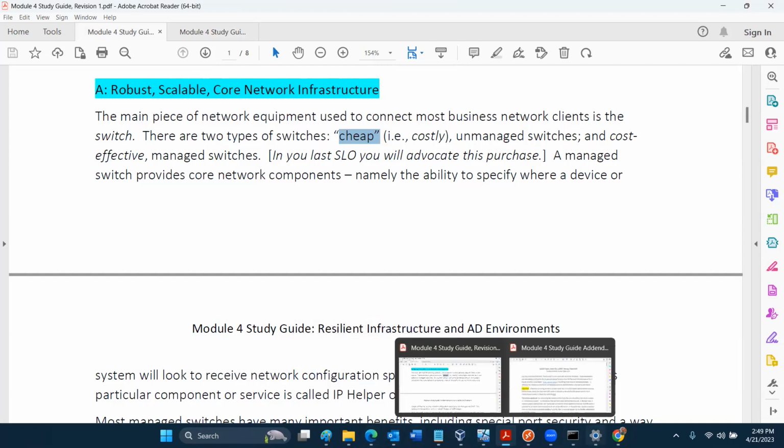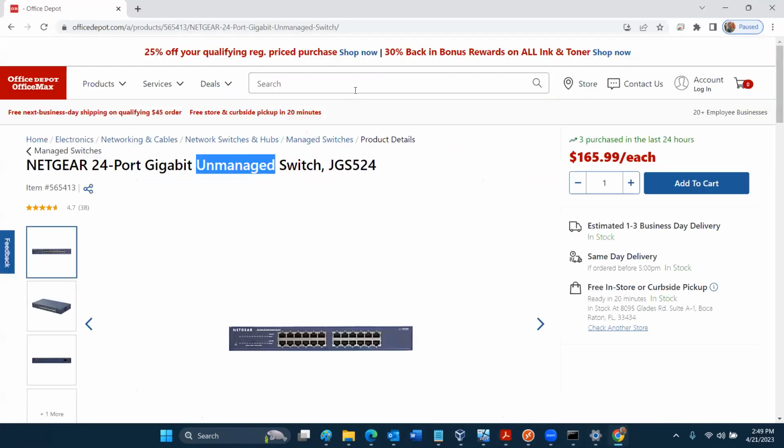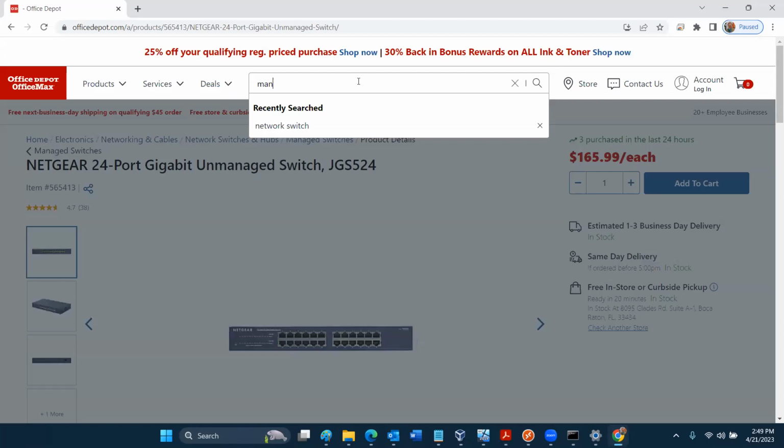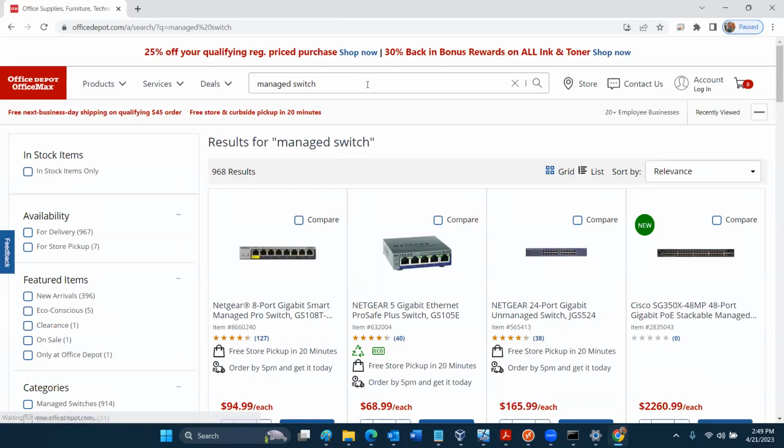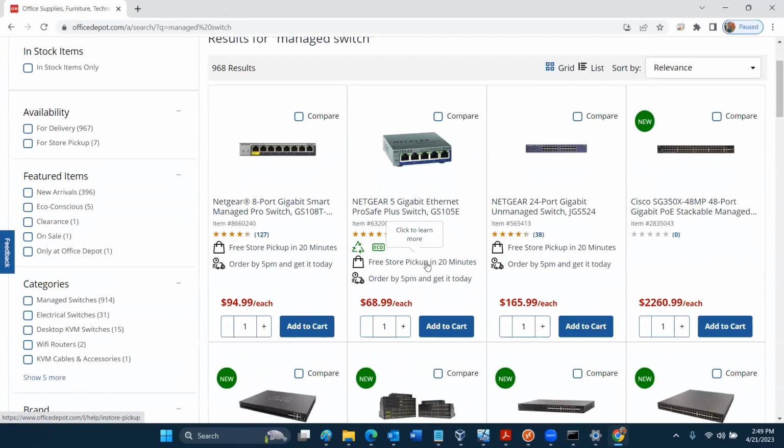So if I insert this idea of managed switch, okay, the same 8-port switch, instead of being $40, is now $95. So it's still under $100, but what can you do with a managed switch?